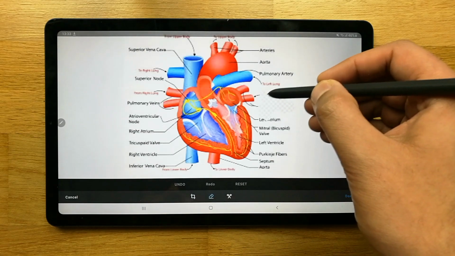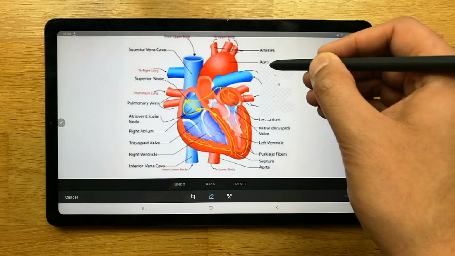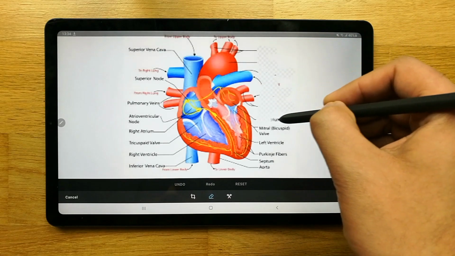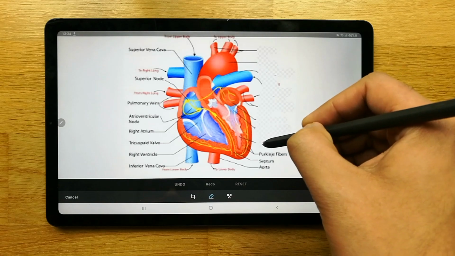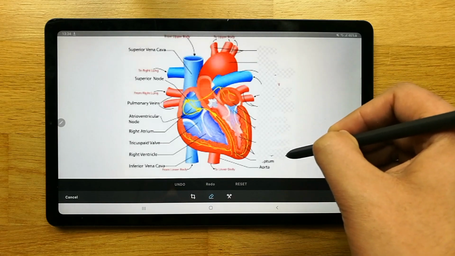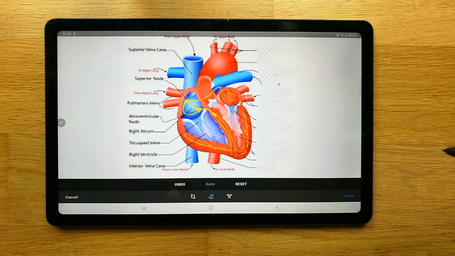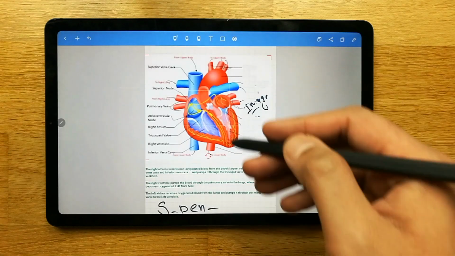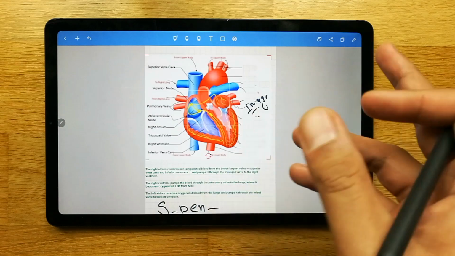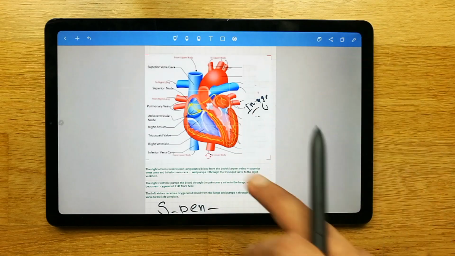For example, if you want to erase this text from here, you can also erase it. And once you're done, just click done over here, and then it will go like that. So you can do a lot of things over here.